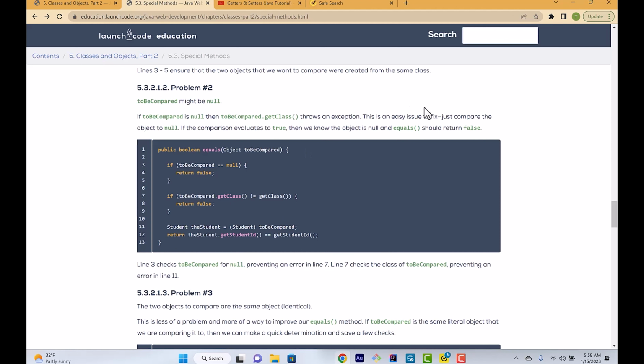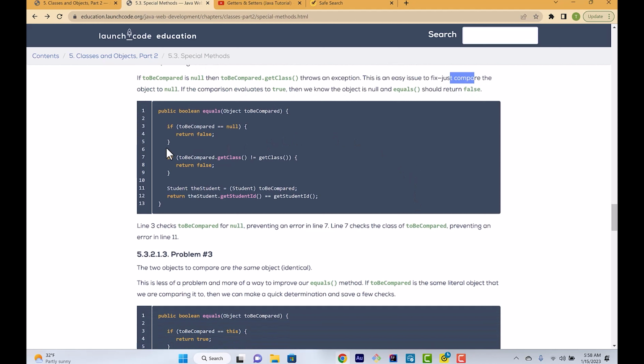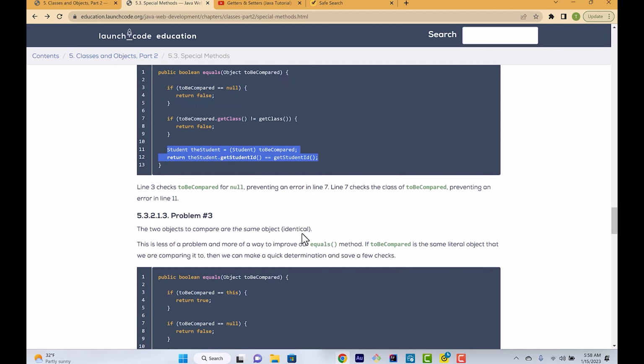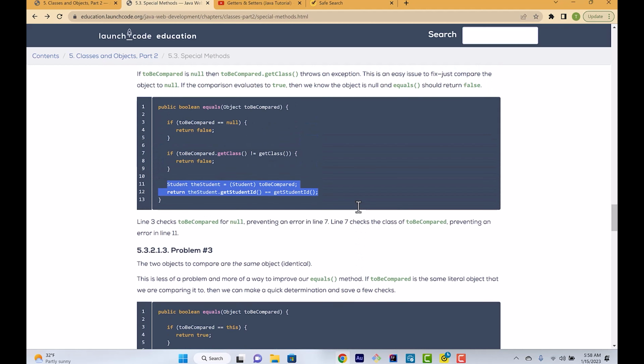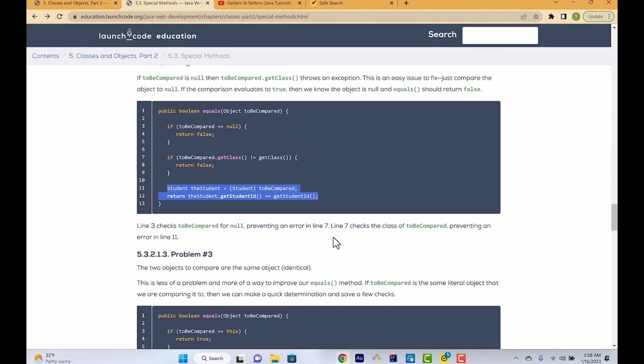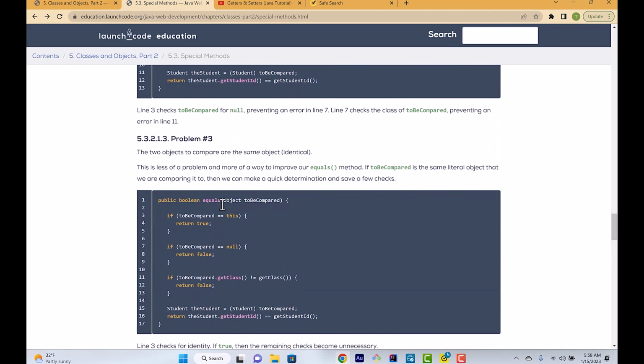Again, here's another key word: compare. Compare and check. Compare and check. Think conditionals. So here are our conditionals to check. And if everything is good, then we're going to run that block of code. Line 3 checks to compare for null, preventing an error in line 7. Line 11 checks the class to be compared, preventing an error in line 11. So here,